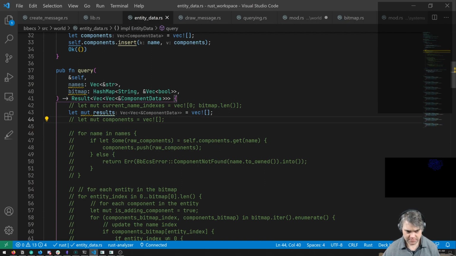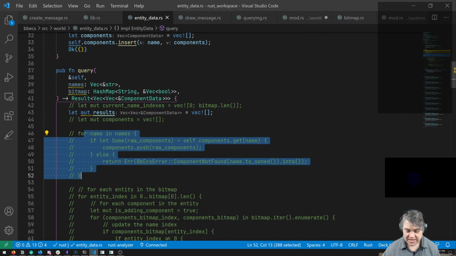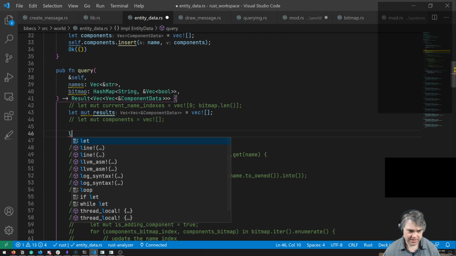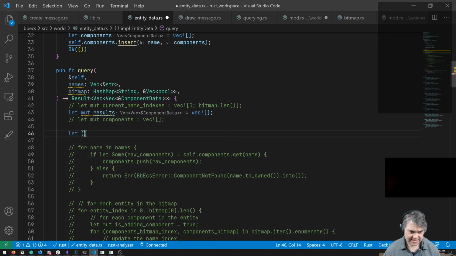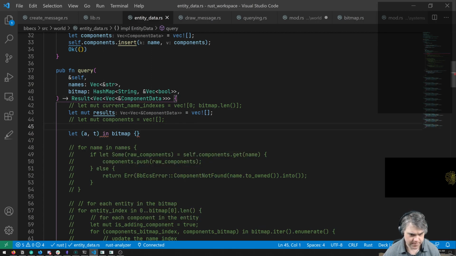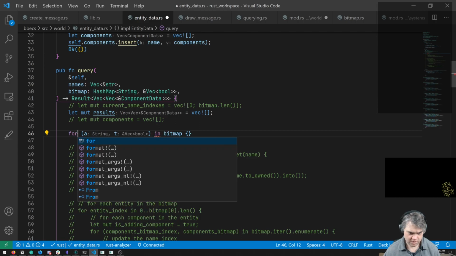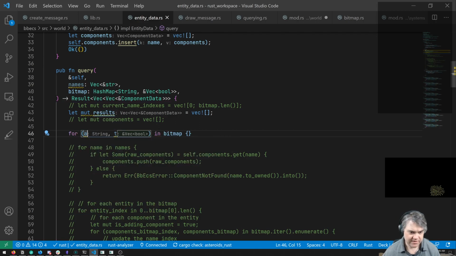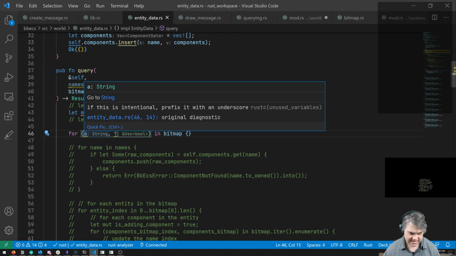I don't know if I need this components either, but we're going to need to go through the names. Now that's not true anymore because now I can just go through the bitmap. And this is going to give us, I think, key value in bitmap. Oh, okay. We have the strings. This is going to be the name.